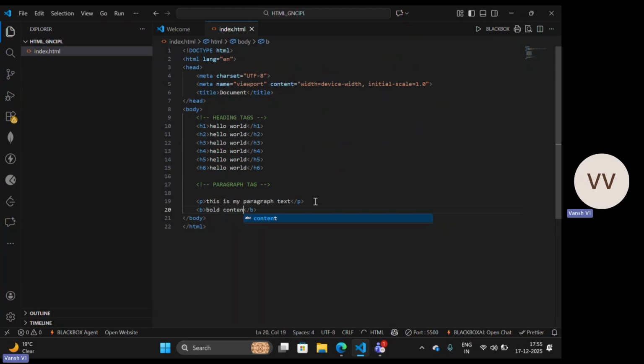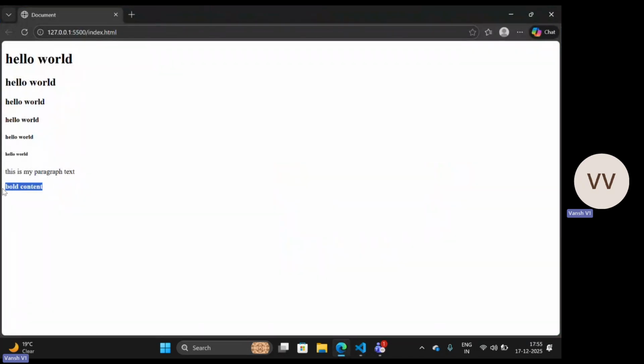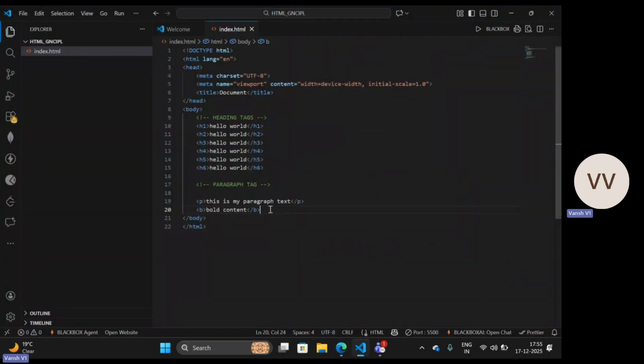So let's see, bold content. Okay, if I try to execute it, here you can see that this bold content is coming and it is in bold font. So that's why we write this B over here, which signifies bold font. Then there is another tag which is for horizontal lining. You can use that also, but here we can also use the italic tag. Whatever you write inside this particular tag, it will come in italic font. This is italic font. Okay, if I just close this opening tag,